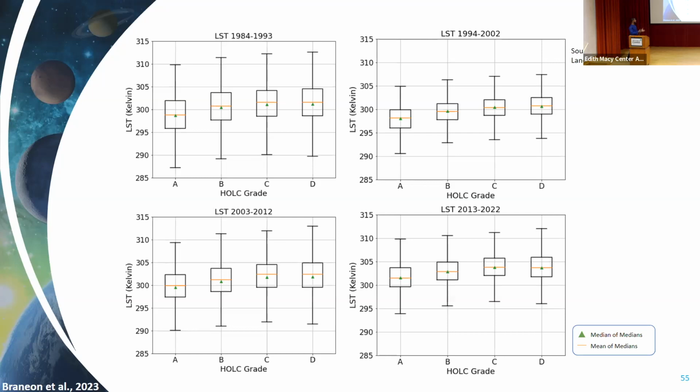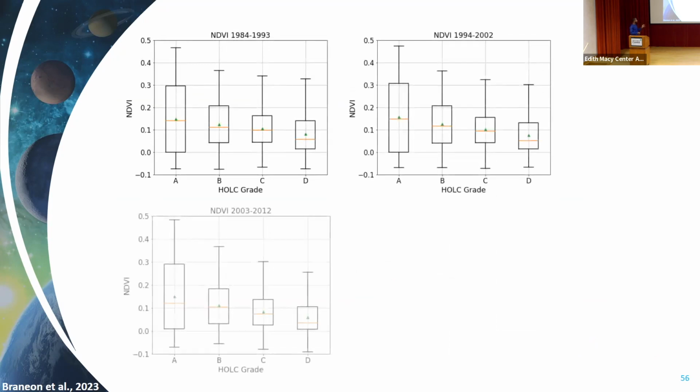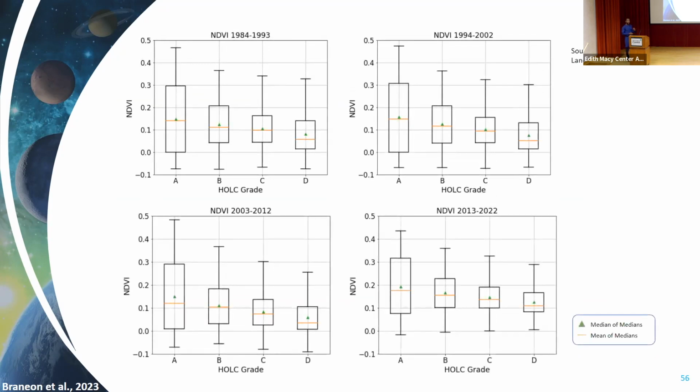Sure enough, we unpacked the data. Low grades are rated D, areas where the Home Owners' Loan Corporation said do not invest, and areas with A are areas where you should invest. You see higher land surface temperatures in the poorly graded areas across New York City. We also found that the normalized difference vegetation index, which helps you understand vegetation abundance and health, is lower in areas of poor grades, so in theory less vegetation. This is consistent with the previous slide: more heat exposure, less vegetation, less green space.